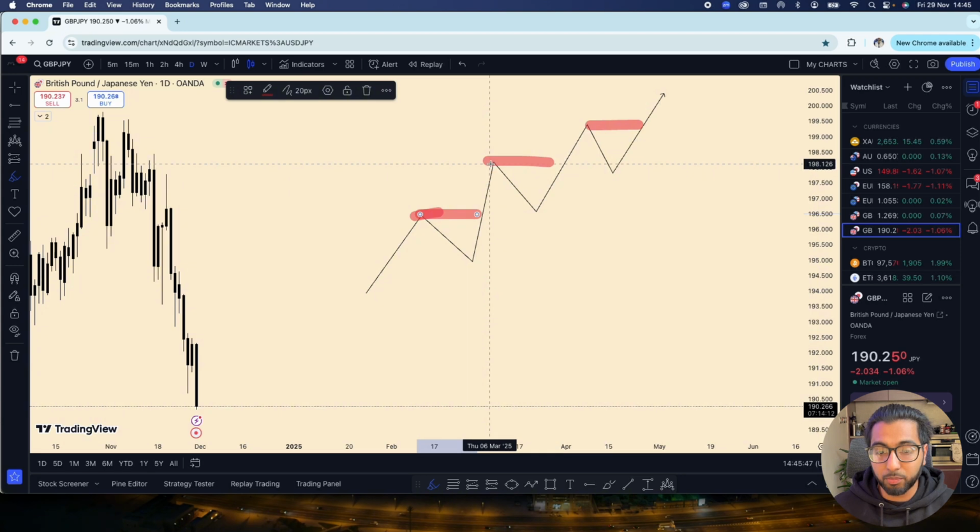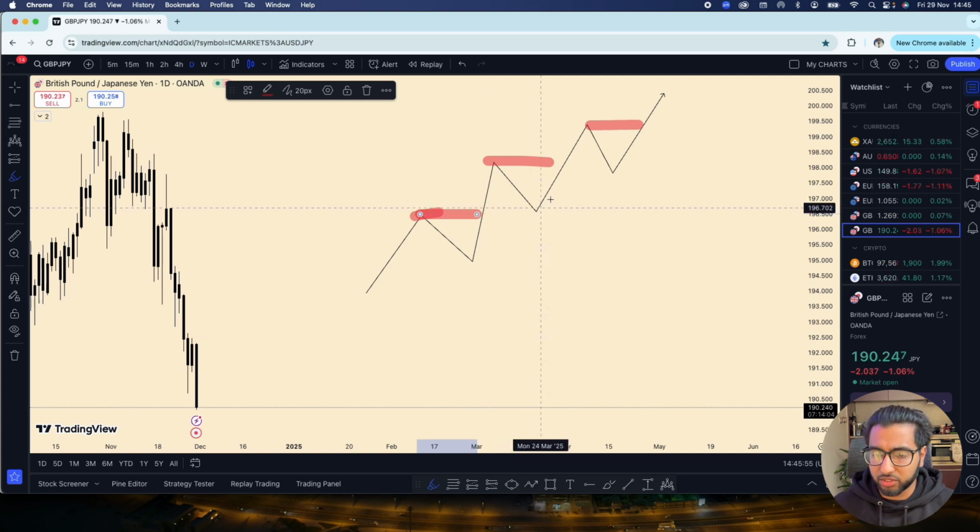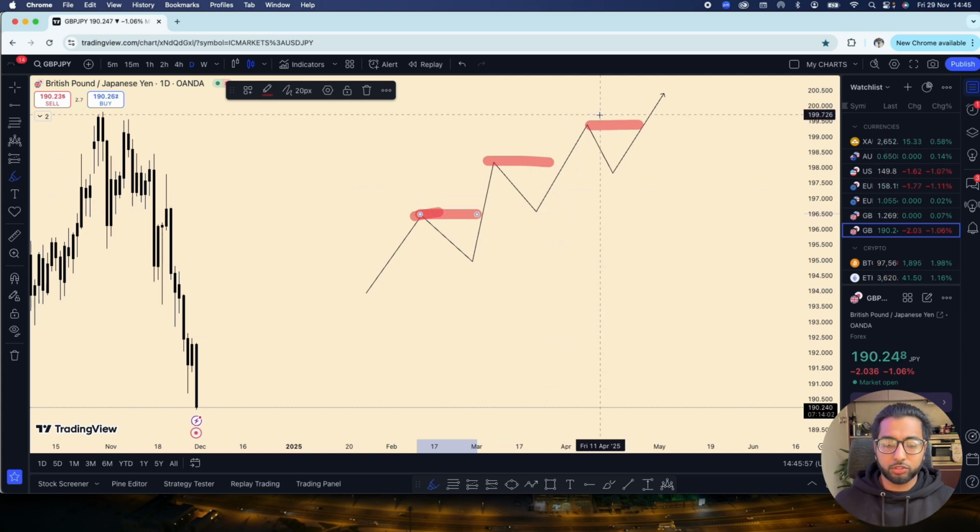So when it gets to this point over here, what happens? Well, there's two things, right? Price comes down to stop these buyers, right? And then price continues to go up. And so the way I look at liquidity, it's a way of stopping you out of your trade, okay? And there's two sides of liquidity. Either you're best friends with liquidity, on the good side of liquidity, or liquidity is your enemy and you're going to lose constantly if you don't go on the right side of liquidity.